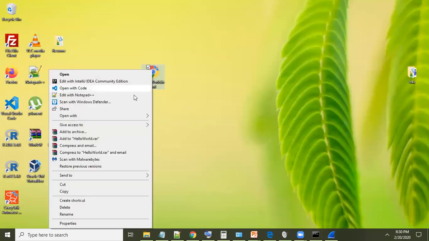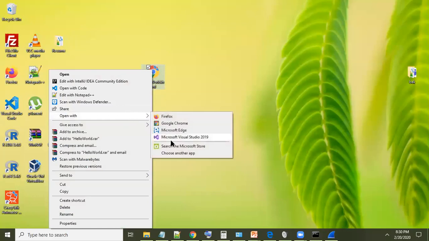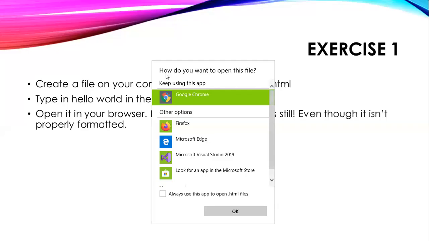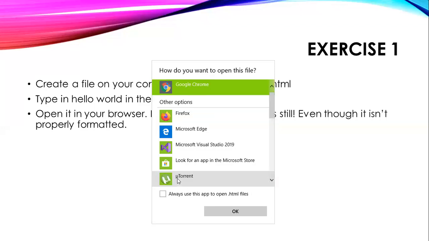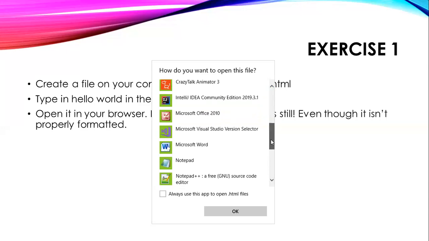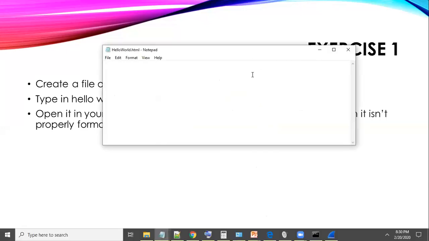Now we're going to open it in Notepad. And we're going to type in the contents of this file, hello world, and save it.